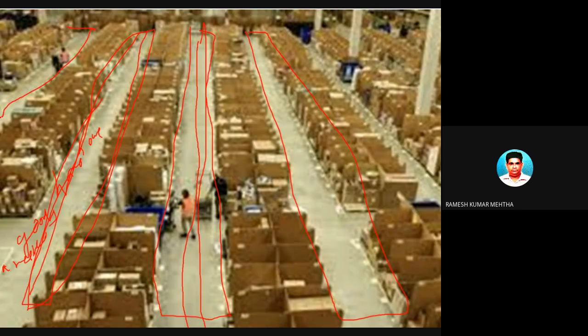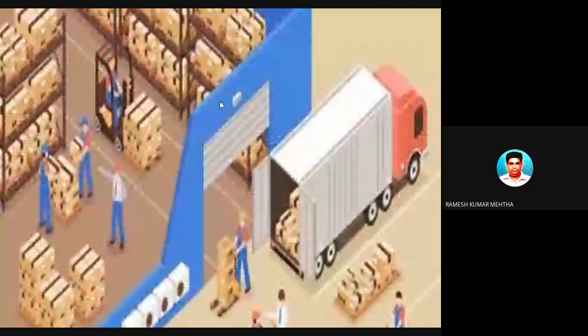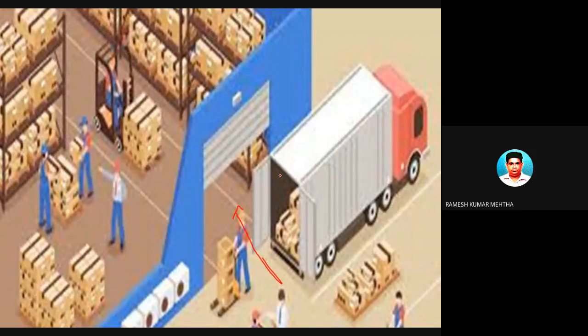There are so many material handling equipment in this particular PPT. I will show you. So you can imagine such a big warehouse storing a humongous amount of different goods. This is again a warehouse where this is the entrance, this is the goods carrier, and this is the material handling equipment. The material handling equipment is taken to the gate and to the entry point. At the entry point, it is unloaded, and again it is loaded in this one. This is the loading and unloading process.